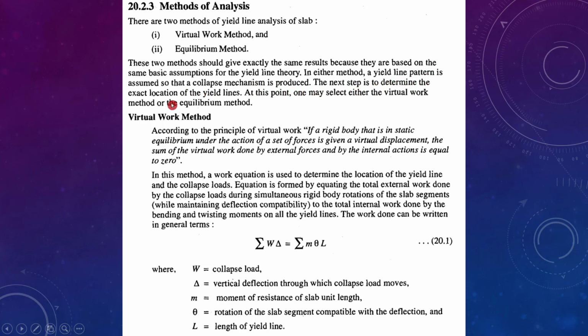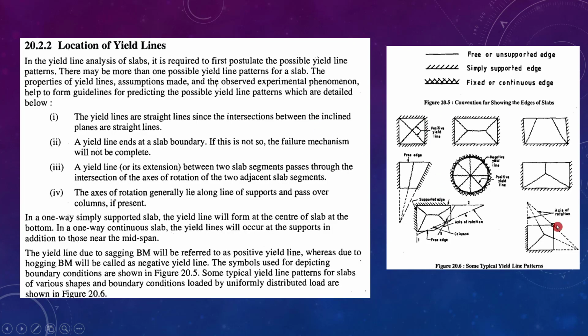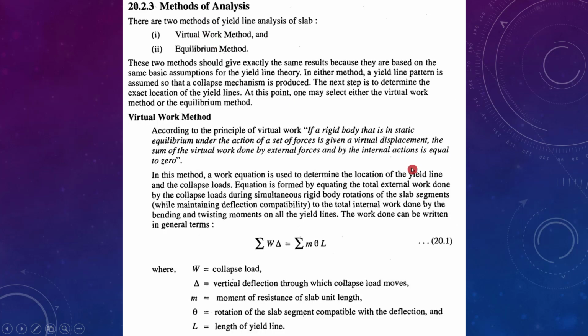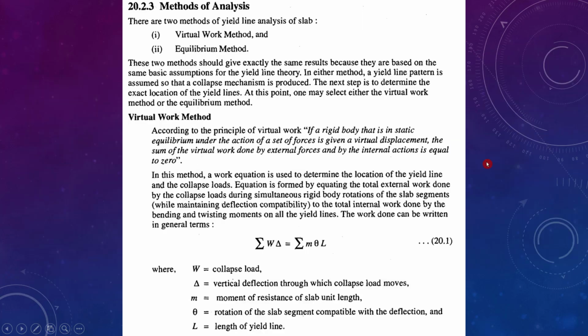The next step is to determine the exact location of yield lines. At this point, one may select either the virtual work method or the equilibrium method. So it tells us that the yield line formation is the base for both these theories. And after we locate the possible yield lines for different slab conditions, then the analysis part will be different in